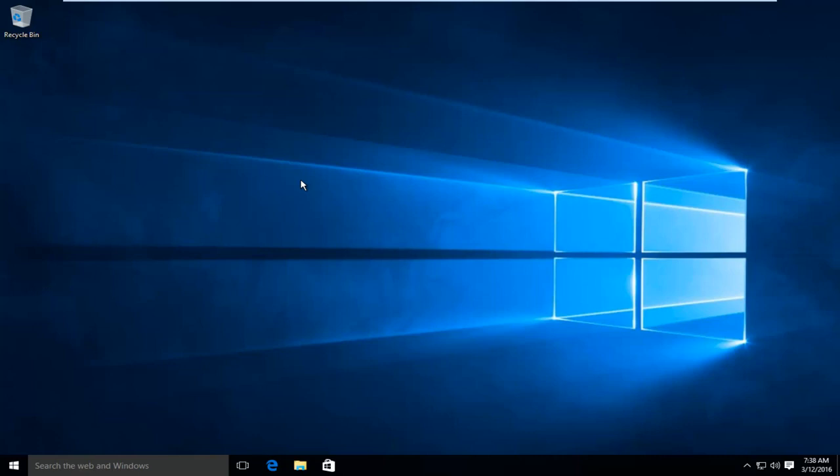Today I'm going to be showing how to adjust your mouse pointer size in Windows 10. Now this feature has been around in Windows for a very long time. However, there is a slightly different way to do it in Windows 10, and that is the method we will be exploring today. So what we want to do is head over to our Start menu,